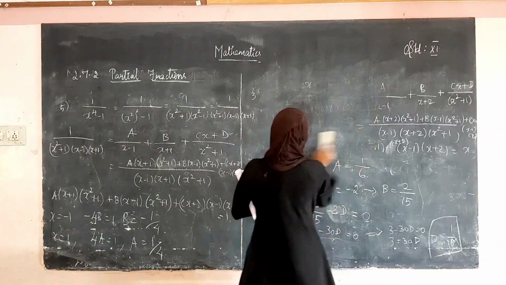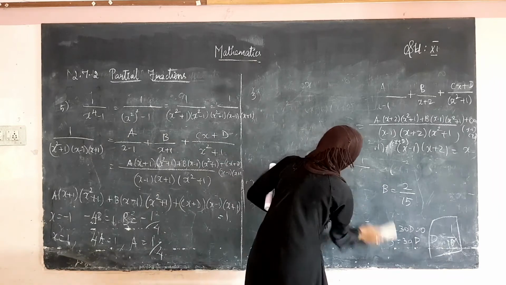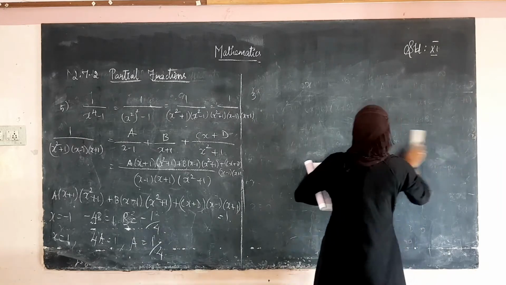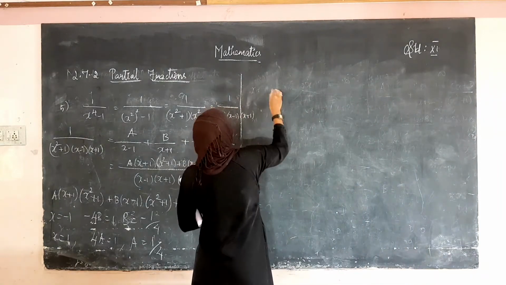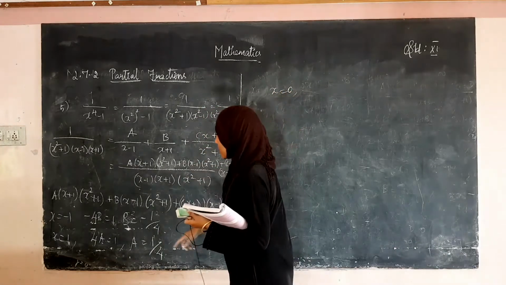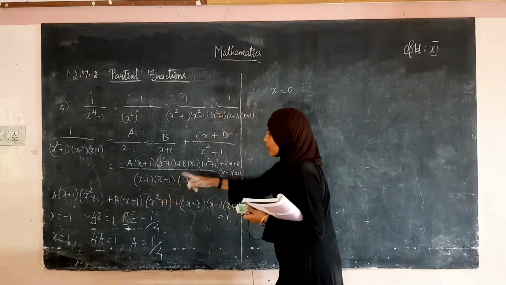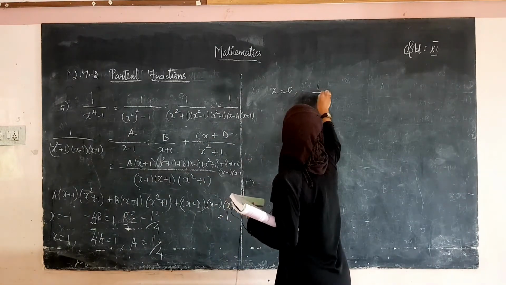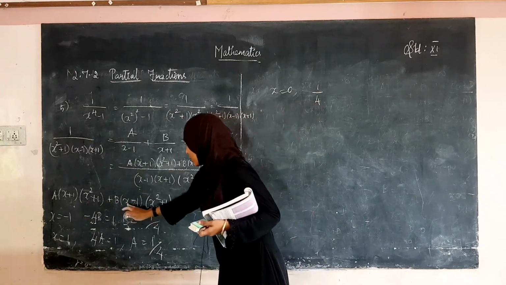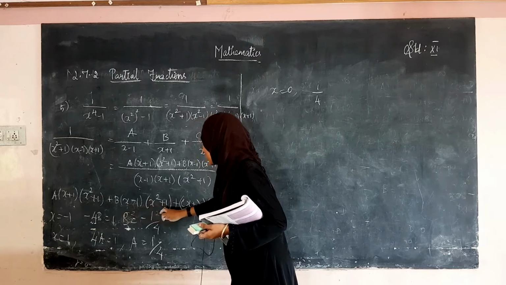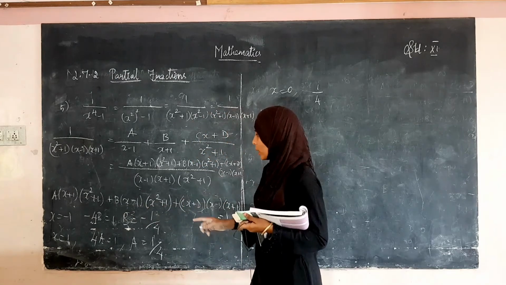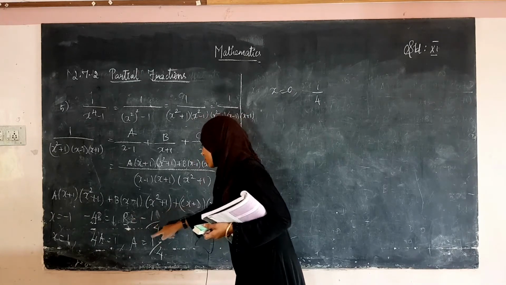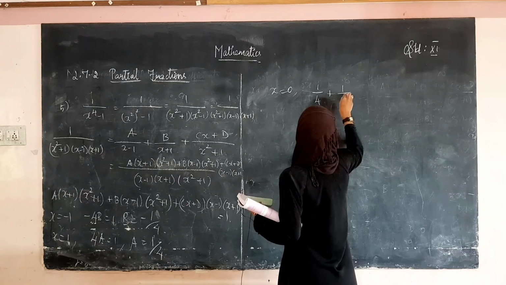Next, what you have to substitute? You have to substitute the value of x is equal to 0. Set x is equal to 0. What happens at first? 0 plus 1 is 1, 0 plus 1 is 1, 1 into 1 is 1. 1 into a. What is the value of a? 1 divided by 4, the first term. And then this term: at 0, minus 1, here it is 1. Minus 1 into 1 is minus 1. Minus 1 into b. What is the value of b? b is equal to minus 1 divided by 4. So, minus into minus is plus, plus 1 divided by 4.